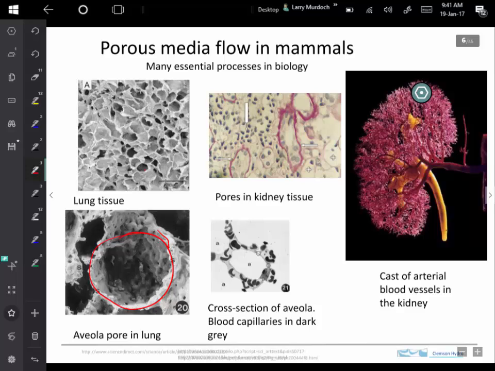Similar thing in kidneys. Here's a photomicrograph of kidneys. You can see many small pores, and that's also used as a way to exchange compounds. Okay, so